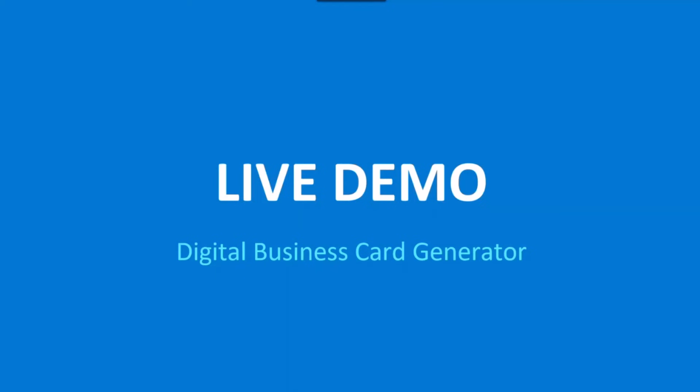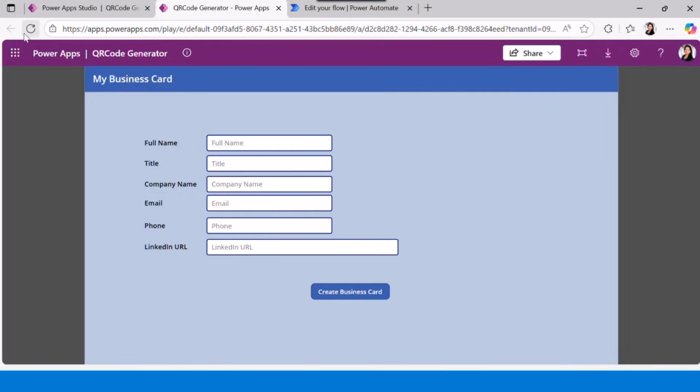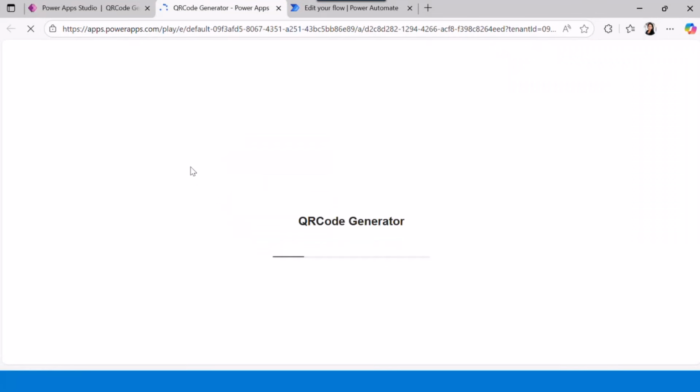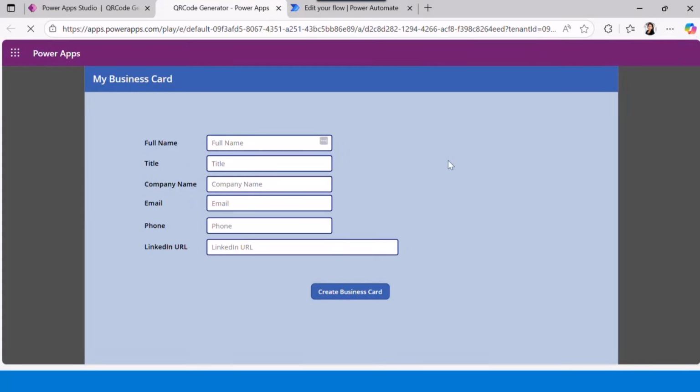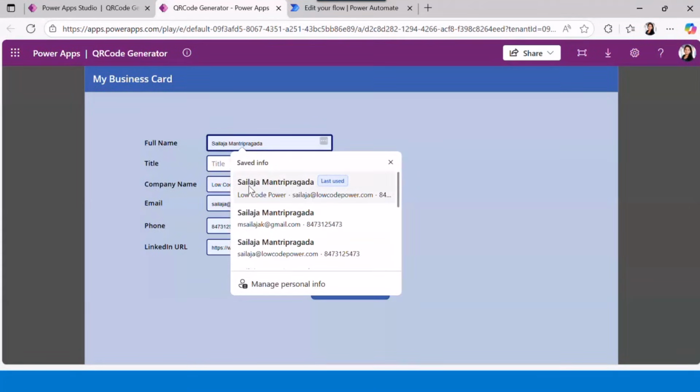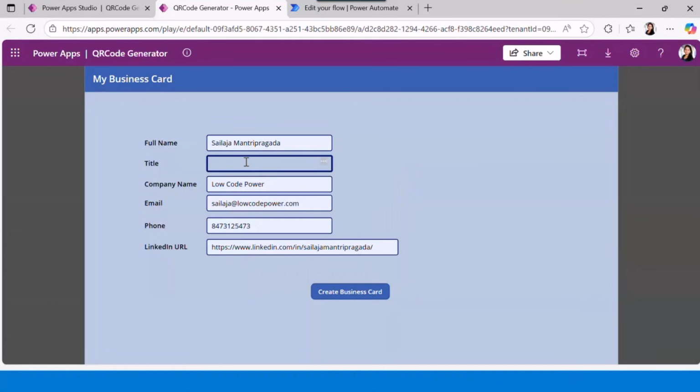So let's look at the demo. Let's refresh just in case. So this is our Power App, a Canvas app. We will be filling out information. And when you say create business card,